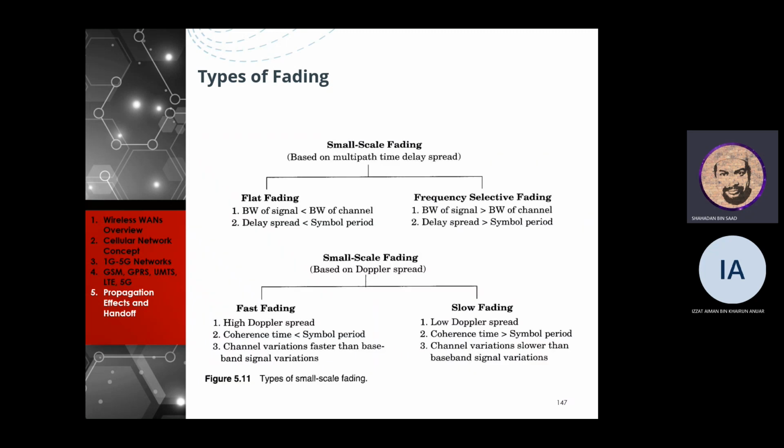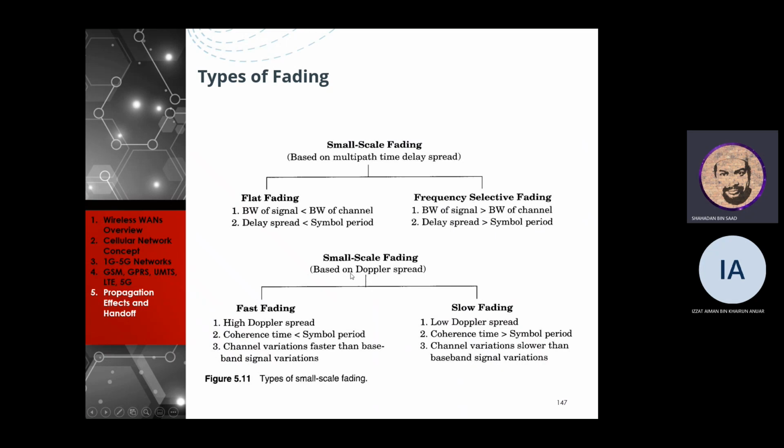Okay, kita ada small scale fading based on multiple pass time delay spread, ada satu lagi based on Doppler spread. Okay. Kalau untuk multiple time delay spread, kita ada flat fading dengan frequency selective fading. Boleh tengok flat fading bila bandwidth of signal kurang daripada bandwidth of channel. So ataupun delay spread kurang daripada simbol period. Kalau lebih bandwidth of signal more than bandwidth of channel, so it will be frequency selective fading, ataupun delay spread more than simbol period is frequency selective